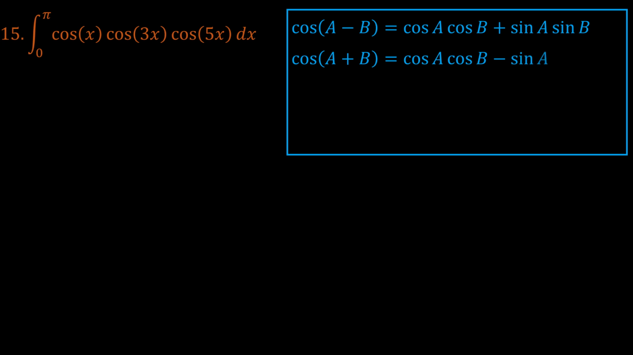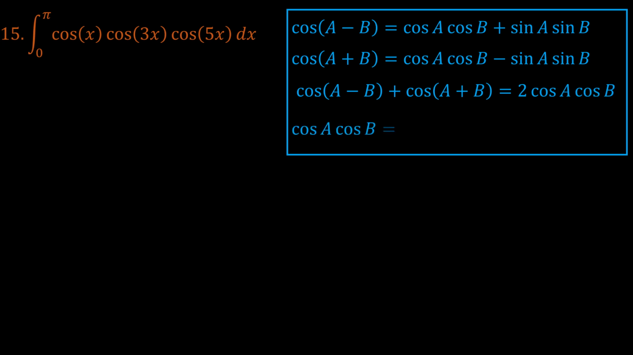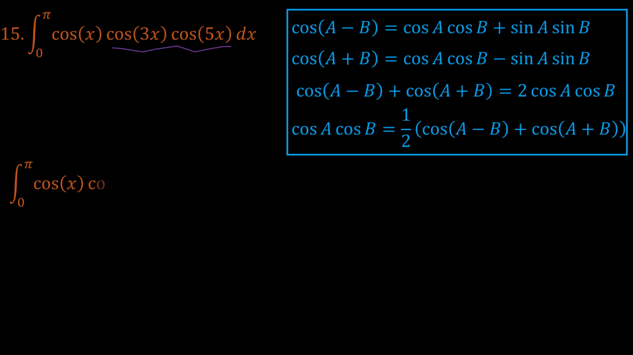so that when you add both the left and right hand sides, we find that cosine (a minus b) plus cosine (a plus b) is equal to twice cosine a cosine b, and cosine a cosine b is the same as half of the bracket cosine (a minus b) plus cosine (a plus b). So if a is 5x and b is 3x, then we can now say our integral here is the same as